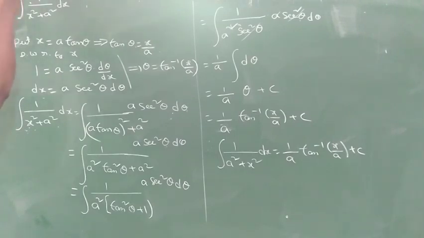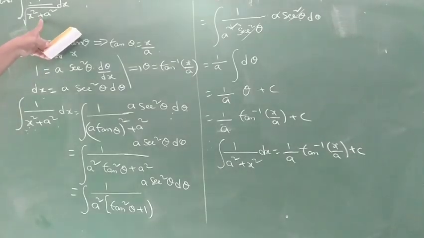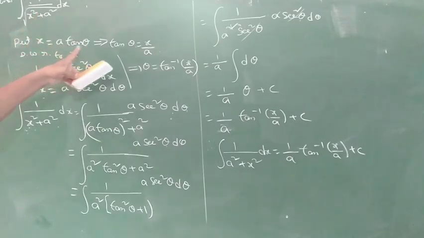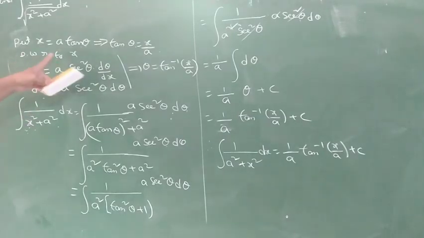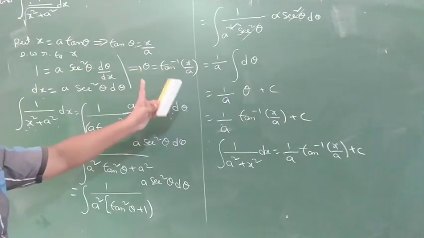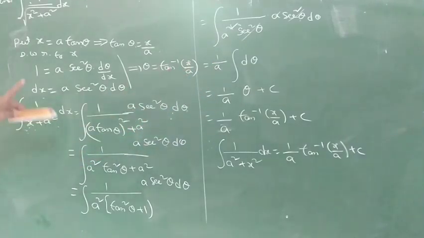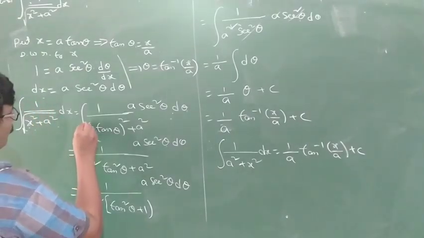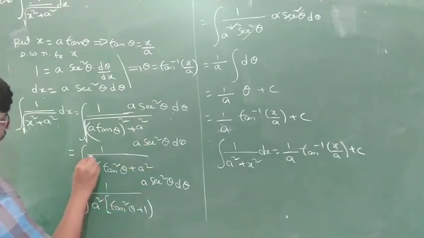the fourth one is the integral of 1 by root of x square plus a square. The third one was without the root of x square plus a square; the fourth one is with the root of x square plus a square. Plus means, in root or without root, we must take a tan theta. So x is equal to a tan theta, tan theta is equal to x by a, theta is equal to tan inverse of x by a, and the derivative is the same as before. So this is root of x square plus a square. Same setup, only the root is the difference.